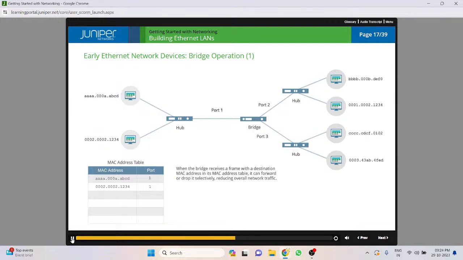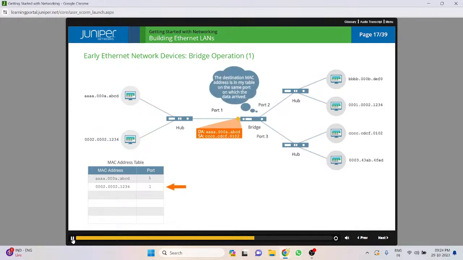When the bridge receives a frame with a destination MAC address in its MAC address table, it can forward or drop it selectively, reducing overall network traffic. If the destination MAC address is in the MAC address table and resides on the same